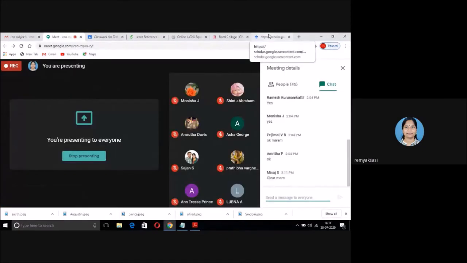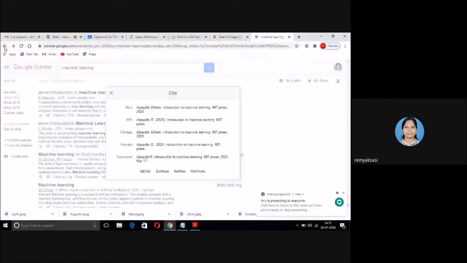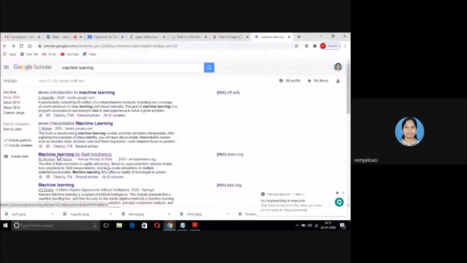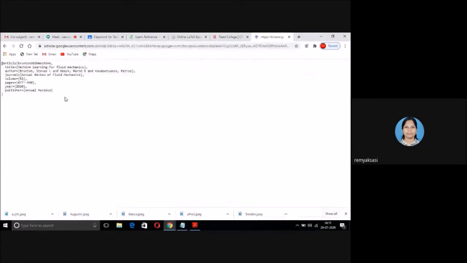That is the entire content of the bibliography file. I will explain once more, or I will copy another entry also so that we can use it. So I am going back to Google Scholar. I will copy one more. Maybe machine learning for fluid dynamics, fluid mechanics. Below that you can see save, then cite. Click on that. Then at the very bottom you can see BibTeX, left hand. Click on that, you will get a code.